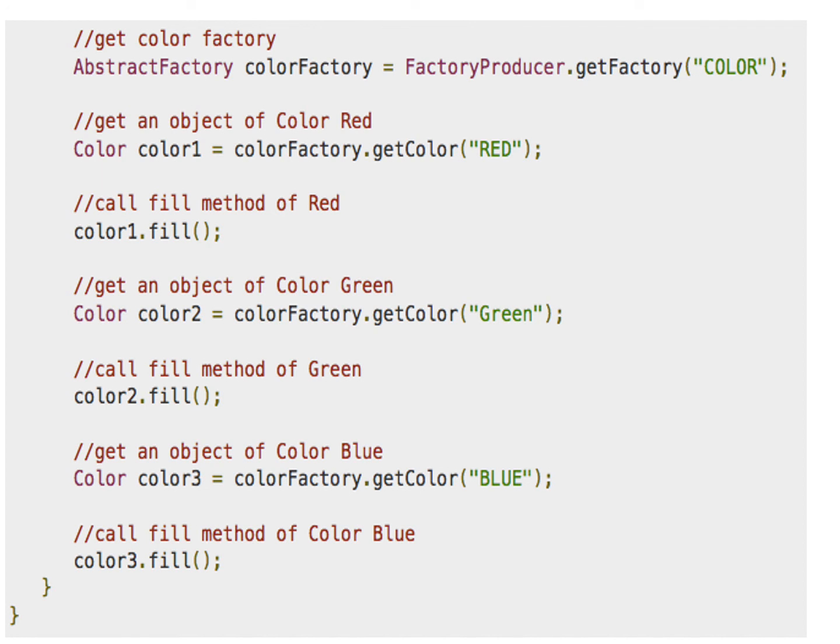The color factory dot get color is being used to get any type of color. Let's say if you want red, then pass red as a double quoted hard coded string, because the get color method works by taking the input in string form, and the resultant object will be stored inside the generic parent product interface, which in this case is color. Similarly, in the same hierarchy you can simply pass the information through these methods.